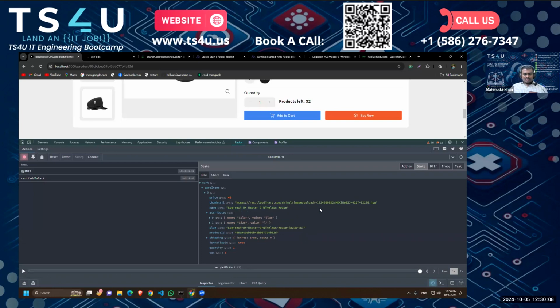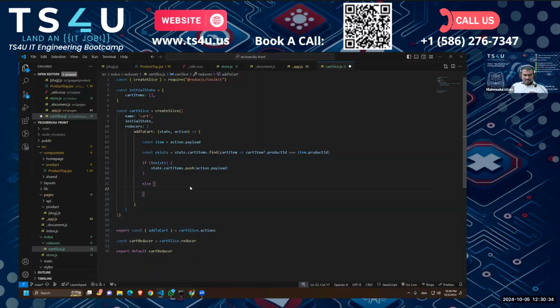The attributes of the cart item, whatever is currently in the cart, and what we are sending right now might be different. So what we should do is just replace the whole item, but keep the quantity and add that quantity. So in this case, we'll just get the quantity,